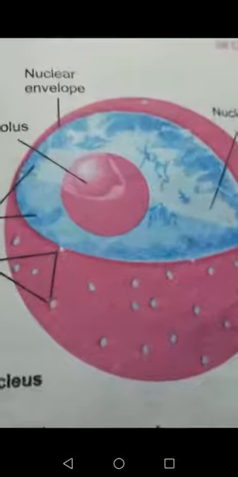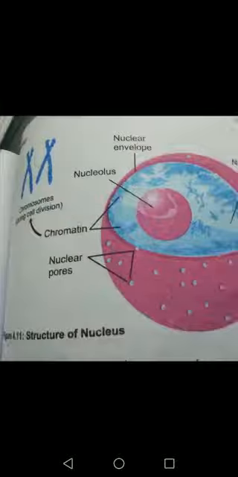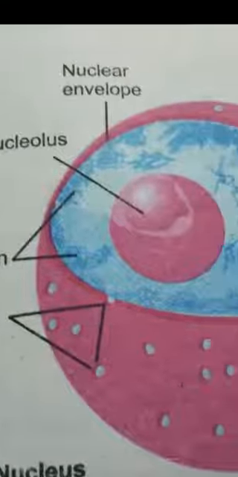There is also chromatin inside the nucleus. Chromatin is a thread-like structure and it forms chromosomes during cell division. These chromosomes are only visible during cell division, which has different phases. This is the structure of a chromosome. Basically a chromosome looks like this shape during cell division. Normally it is not visible and exists as a thread-like structure called chromatin.